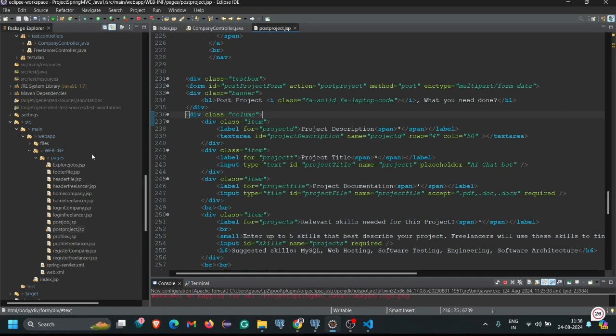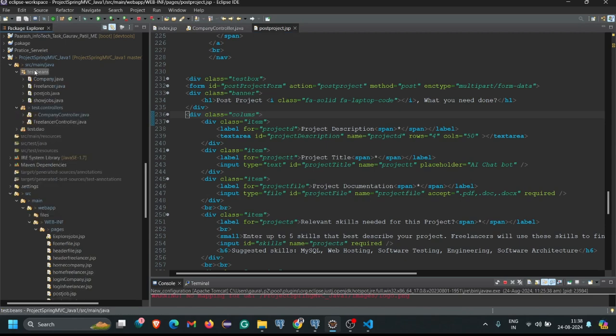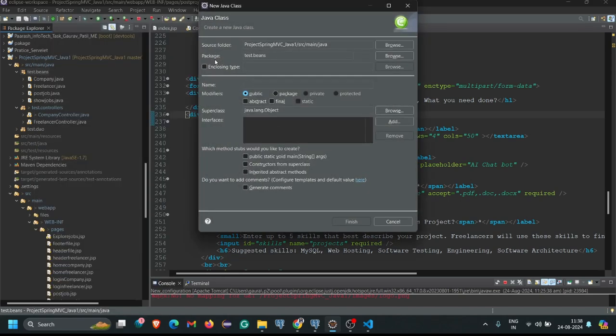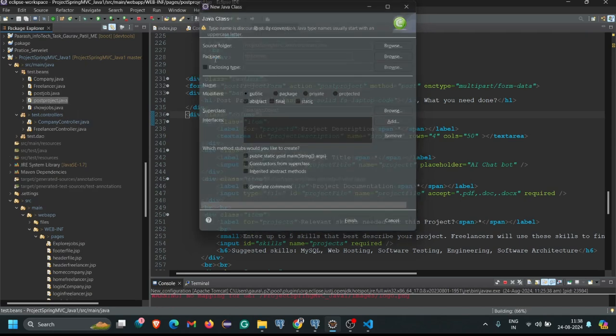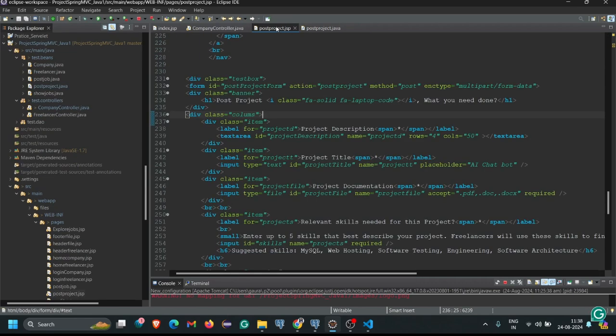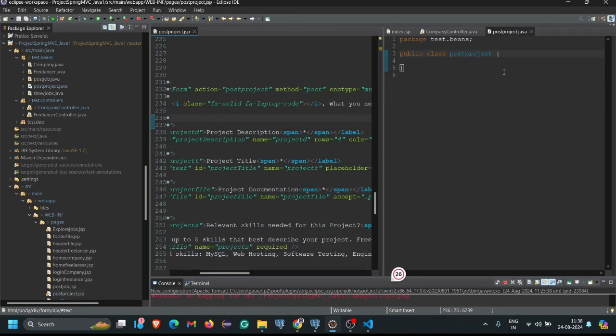Okay, so for taking this kind of variables in our class, we have to come to our test.beans, and here we have to create one class. Okay, similar like our post project. Okay, so class PostProject, enter, and we have to take all variables in that particular class. So for taking that variables, I just simply take this page as this, and I just take all variables here